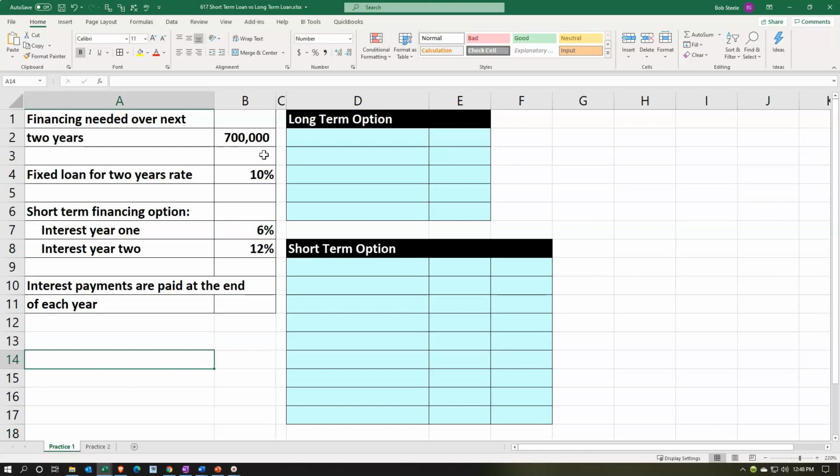Oftentimes when we think of a loan, we have a couple different options. We can lock down the rate for the loan period. You could think of this as being similar to if you're going to mortgage a house, where you have the 30-year fixed loan and you lock down the rate over the entire time period. Or you could say there's this flexible rate, a short-term rate that you could pick up, but if there's problems in the future, the rate could fluctuate depending on the market fluctuation. So obviously over a 30-year period, there's a lot of fluctuation that can happen with the rate over that time